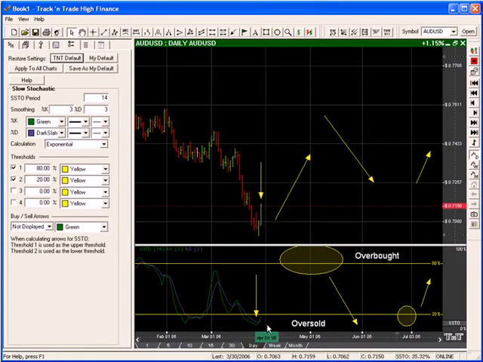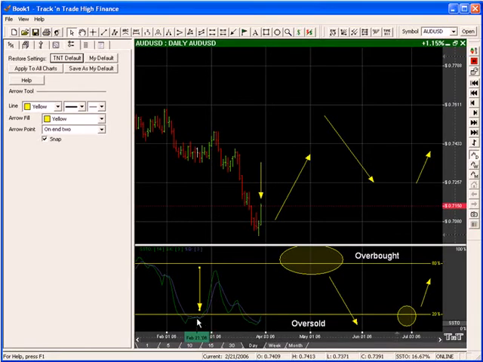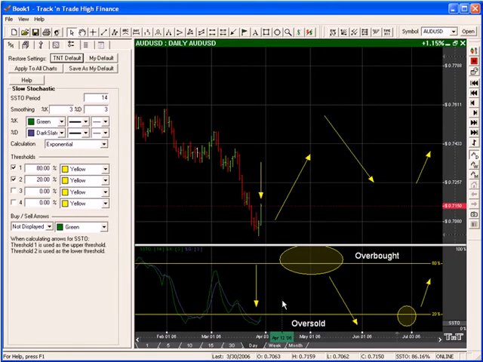Okay? Now, Track and Trade has the ability of actually pointing these out to you. Now, you have to be careful because sometimes, like in this case right over here, you'll get multiple crossovers down underneath the 20% region, which gives you multiple buy signals. So you can't just look at the arrows all by themselves. You have to look at them in context with the overall trend, which is why I wanted to point the overall trend and the concept of the indicator out before I ever show you the little arrows, because people get lost with the arrows. They think that the arrows mean that they're supposed to buy every time they get a buy arrow and sell every time they get a sell arrow. That's not the case.